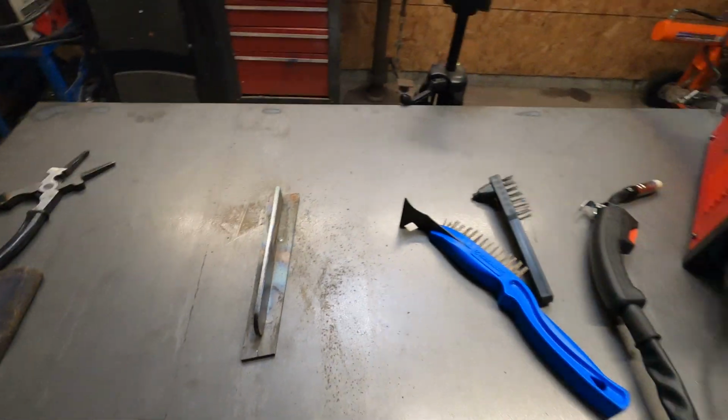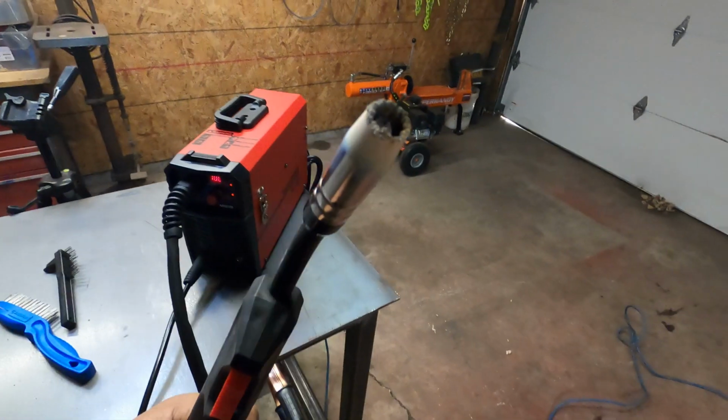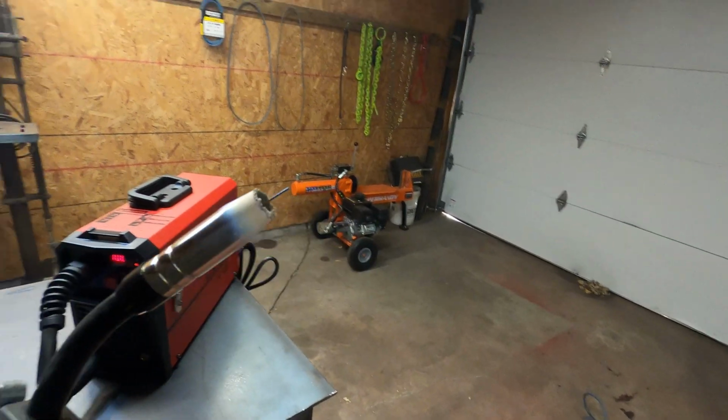So this is a cool little machine. I'm impressed. A little dirty on the end of that, which is normal. But